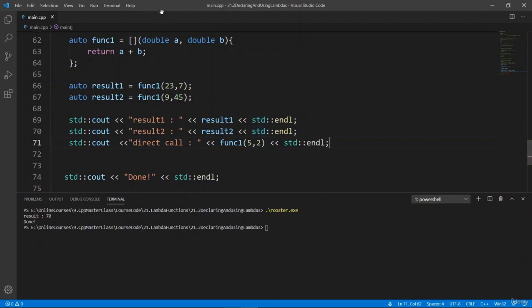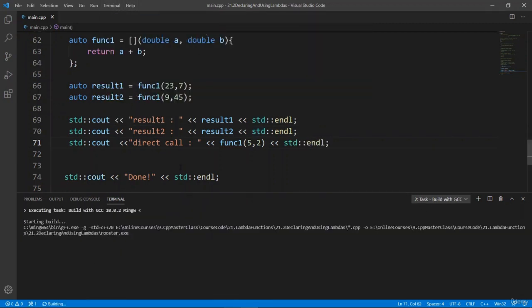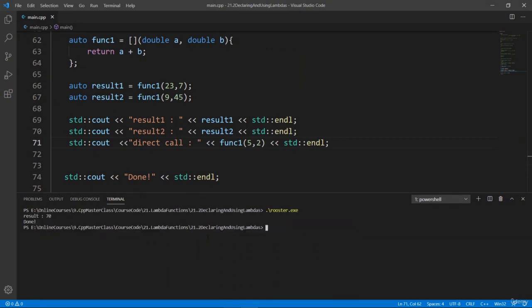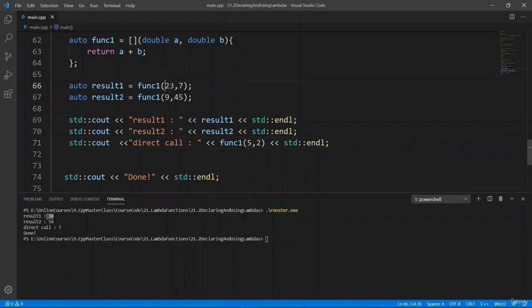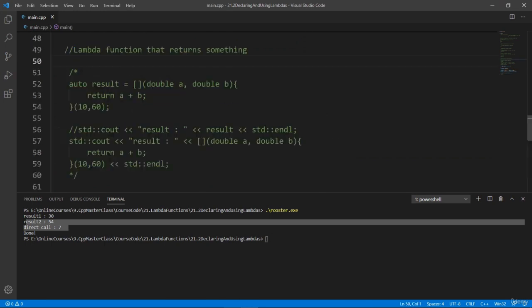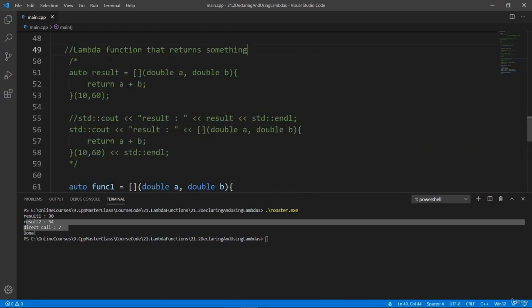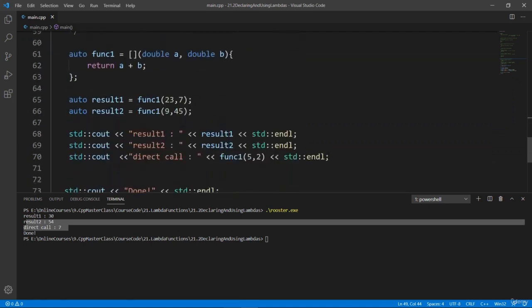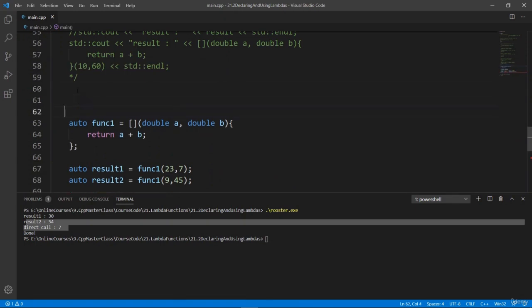result. If we build our program, let's do that with GCC. The build is going to be good. We can clear and run rooster. We're going to have result1 is 30, which is 23 and 7, so the sum is 30. The second one should say 54 because that's the sum, and the third one should say 7 because that's the sum of 5 and 2, and it is what we have here. And after that, we're going to see that our program is done. This is how you can set up a lambda function that returns something, and we have seen many ways we can work with this. Let's comment this out because there is one more thing I want you to see, and